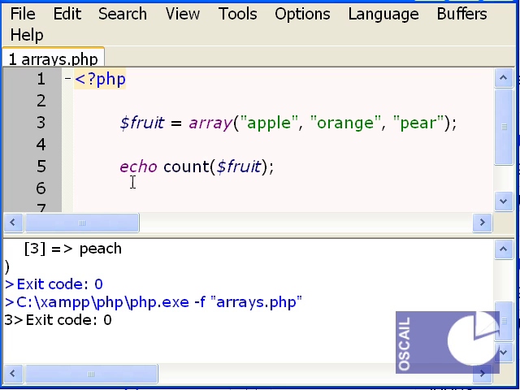So we could create a for loop. For I is assigned the value of 0, semicolon, I is less than count fruit, I plus plus to increment, and see where we could loop through each element of our array that way. But we have even nicer ways of doing it for more general arrays. We have this foreach construct. So foreach fruit,